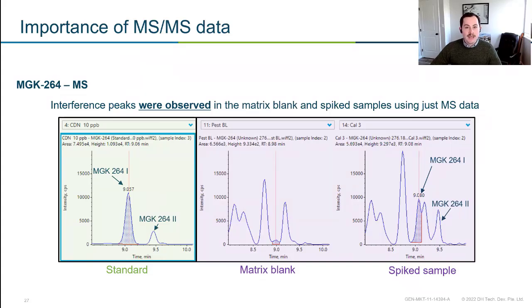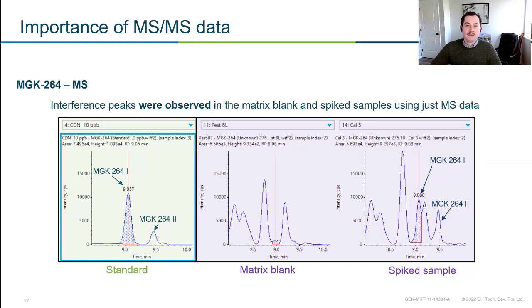So this is actually an algae protein powder. It was pretty delicious. I didn't taste it, but they were looking for pesticides in this algae protein. And they were looking specifically for MGK-264, which is a pesticide. There are 2 isomers of this pesticide. So if we look at the green box, we see those 2 beautiful isomers.